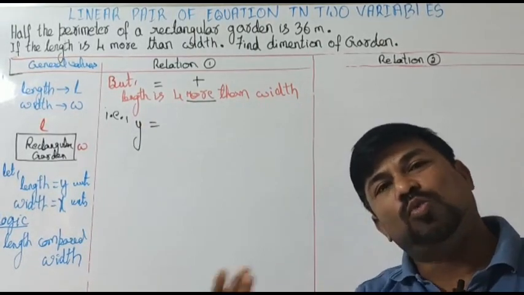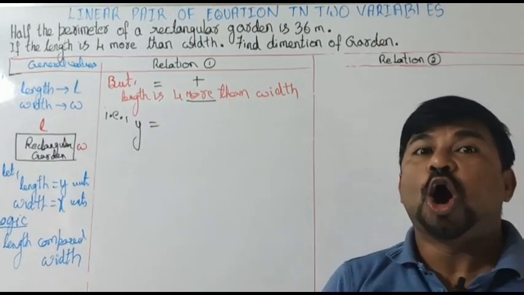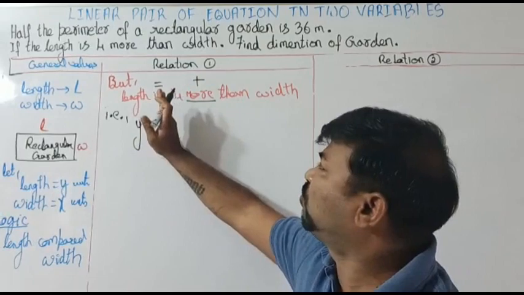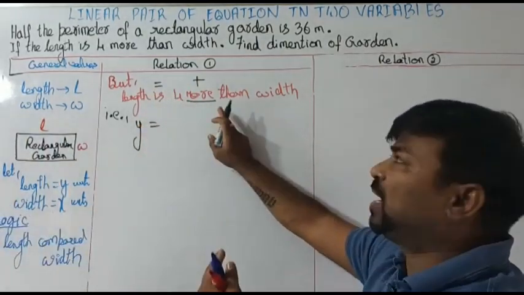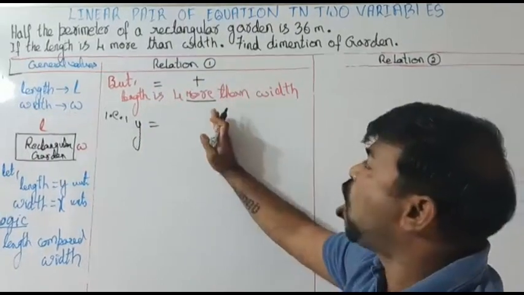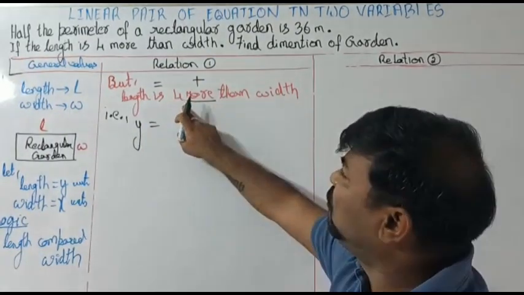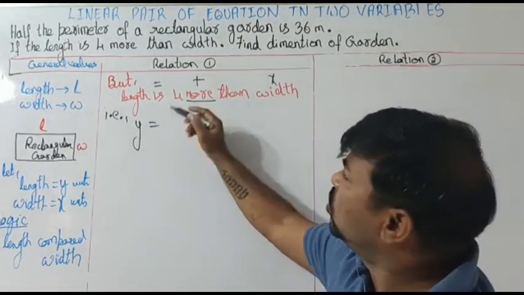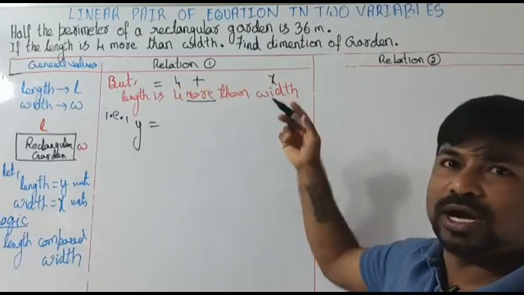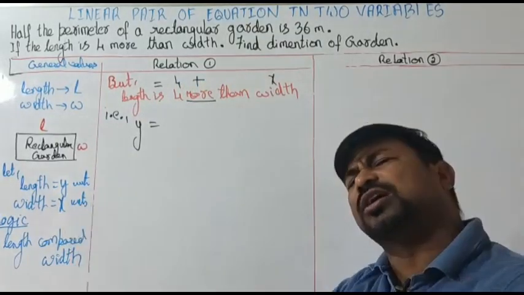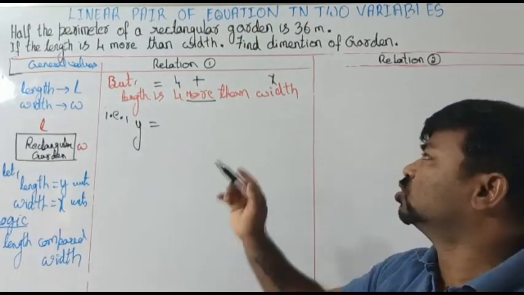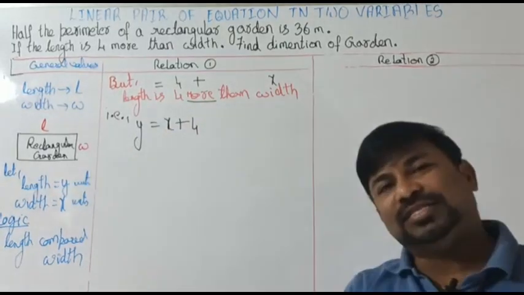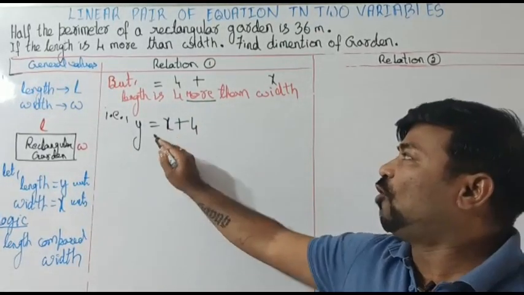My logic says always take it from the back side, in the reverse direction. Generally we write from left to right, but whenever a number and a variable are there, always take it from the back. Here, 4 more than width. You know the width we are taking as x. How much more? 4. 4 more than width, but I don't want to write it like that. Go in the reverse direction. That's the basic strategy we are supposed to use. So 4 more than width. That is the equation we have now.